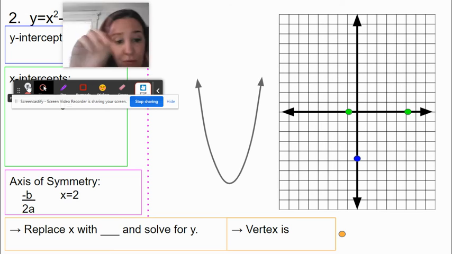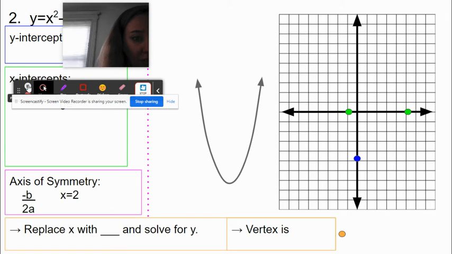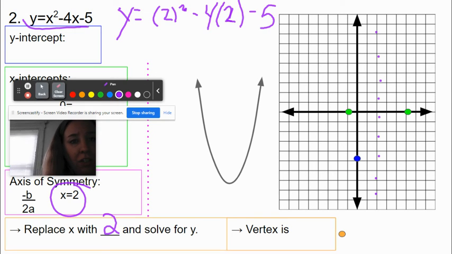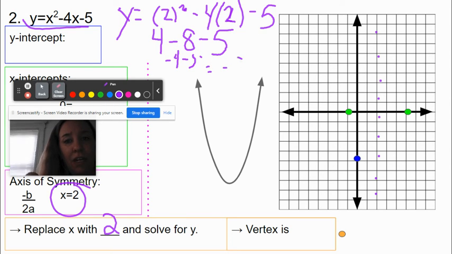But now, I know from the axis of symmetry that x is 2, which was like this guy right here, right? So I'm going to replace x in my original with 2. So I just rewrote this equation with 2's in it, and I got 4 minus 8 minus 5. And then you just go left to right. 4 minus 8 is negative 4. Negative 4 minus 5 is negative 9. So my y value is now negative 9. So my vertex is 2, negative 9,